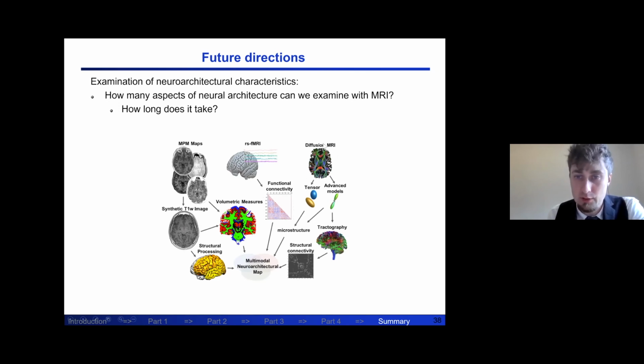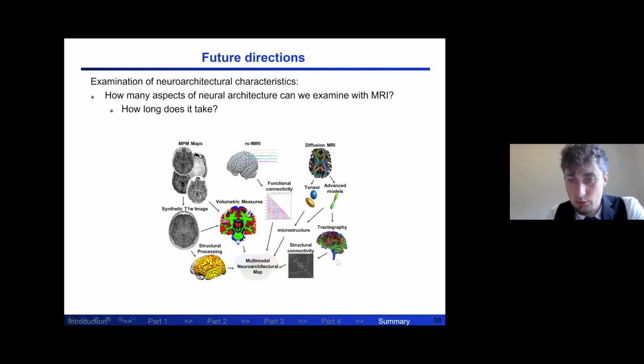So diffusion MRI is really a sequence that can be used for many things. So you can get those classic tensor models, so DTI metrics out of it. They can be hard to interpret, but relate to microstructure in some way. You can also have more advanced methods and get kurtosis metrics out. So they say something more about tissue microstructure, but again require some interpretation.